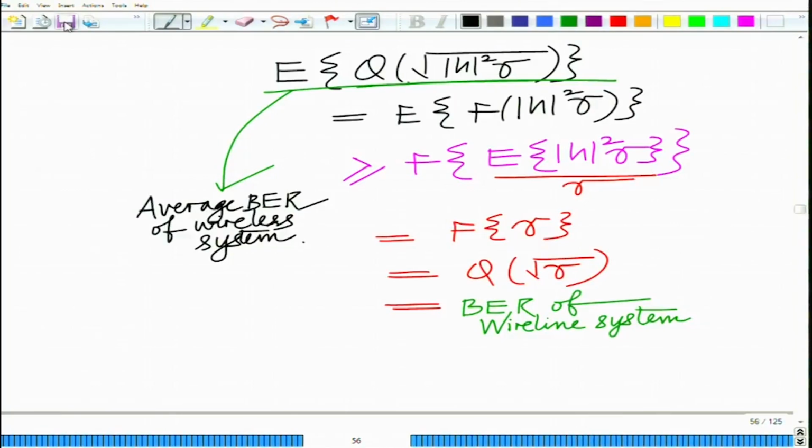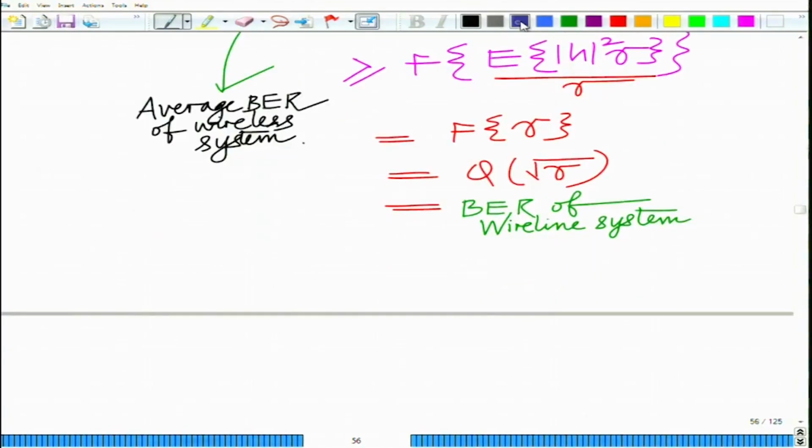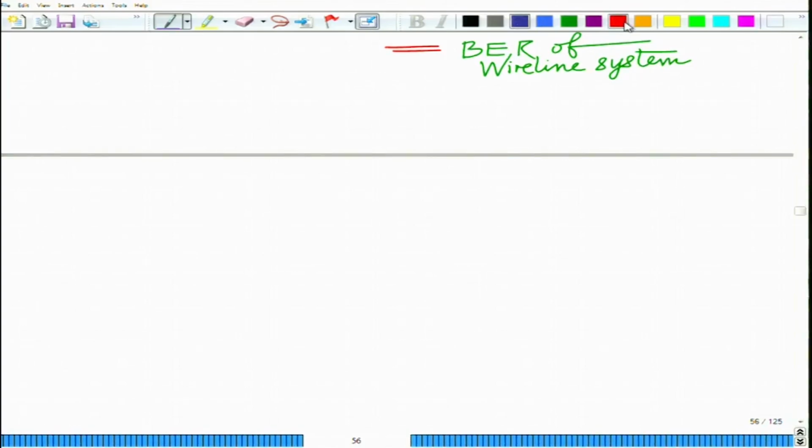So, this basically implies, theoretically and rigorously, that the average bit error rate of a wireless communication system, for the same average SNR, remember both these systems have the same average SNR, is significantly higher. In fact, you will see in practice that it is significantly higher than that of a conventional or a digital wireless communication system. Okay. So, this tells us one of the very interesting fundamental results